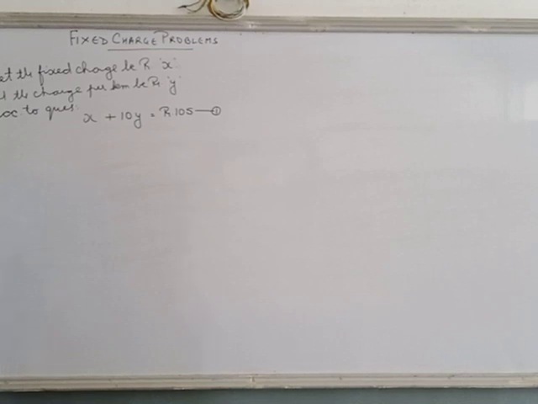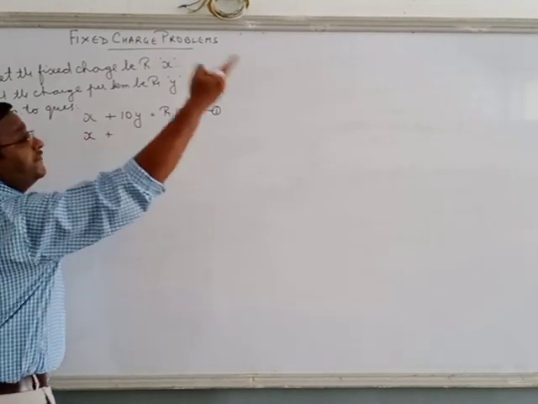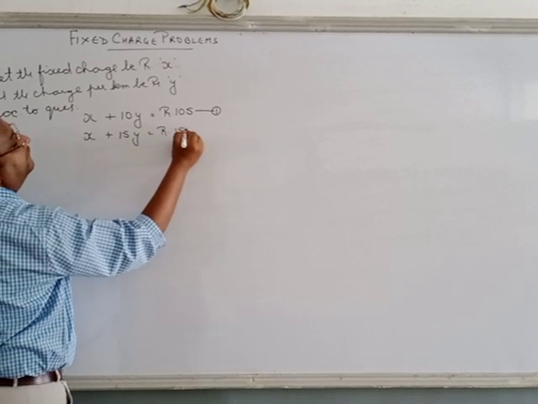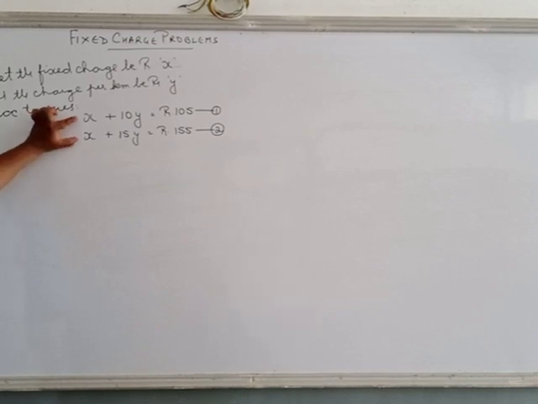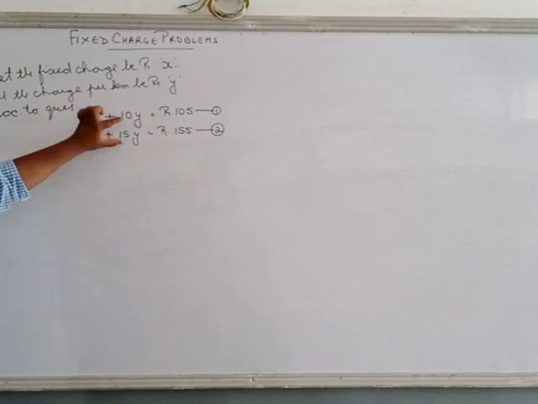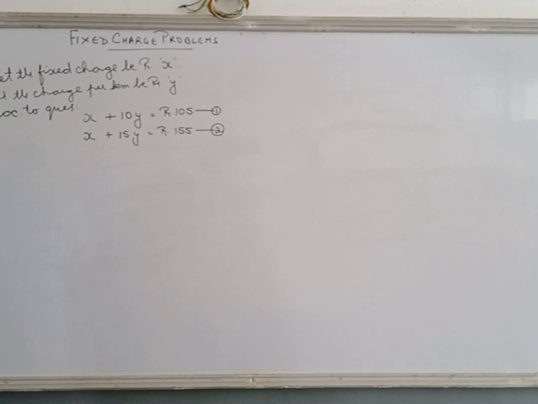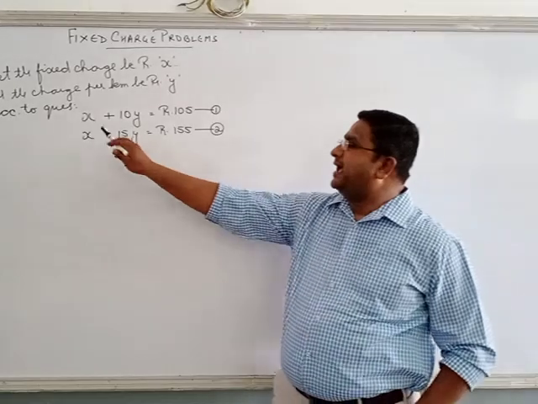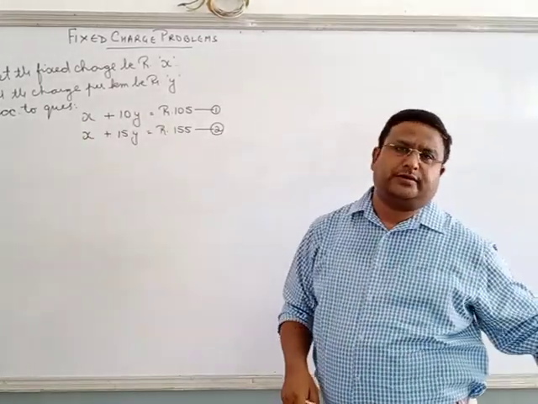And for a journey of 15 kilometers, the charge paid is 155. Again, the fixed charge is there. Now it's traveling 15 kilometers. So 15 into Y is again rupees 155. Equation number second. Let me solve. Best method, elimination. X and X will be cancelled. We'll get the value of Y, and then the fixed charge X. Substitute them over here. Next, what is the amount paid for a distance of 25 kilometers? It will be X plus 25Y. Find the values of X and Y and substitute.